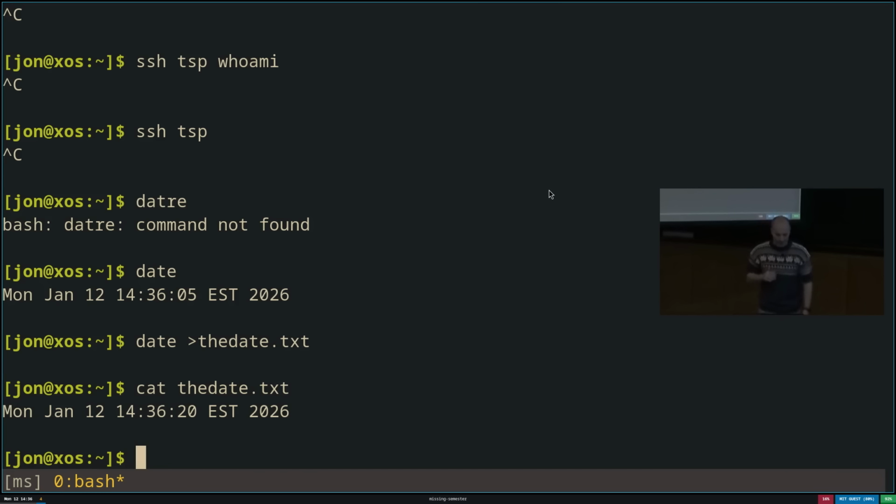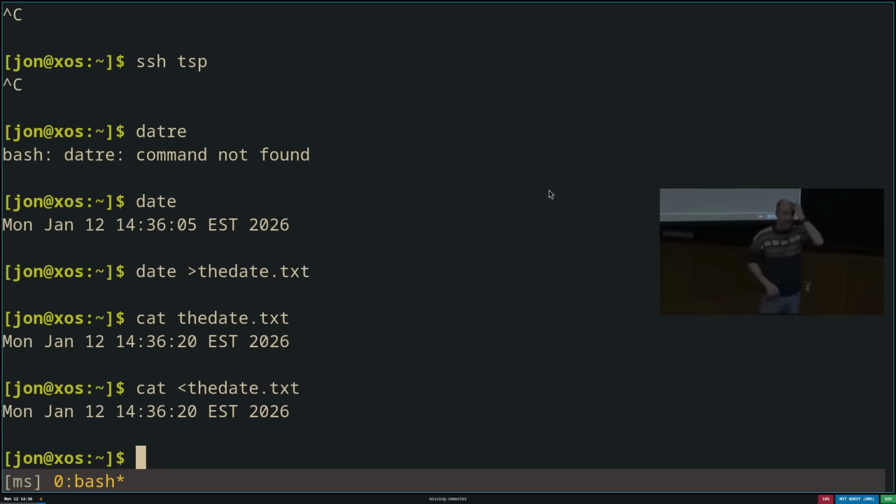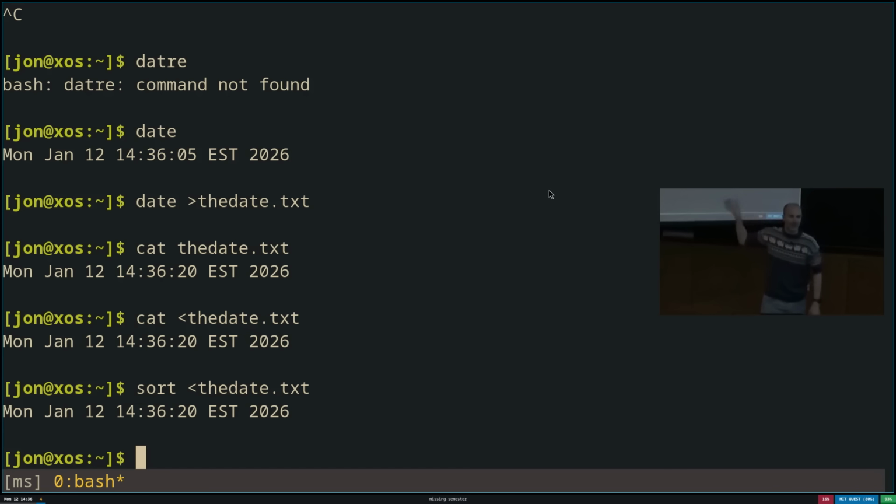Similarly, you can use the angle bracket in the other direction to say, instead of taking input from my terminal, take the input from that location. So for cat, for example, I can say the input for cat is going to be the date.text. Similarly, I could do it for sort with the date.text, although for sort, when there's one line, nothing happens. But this allows me to redirect the input and output of programs. This can be useful, for example, to put something in a file so that you can look at it later. And you can walk away from your computer and even if it's scrolled far back, you still have it in a file.